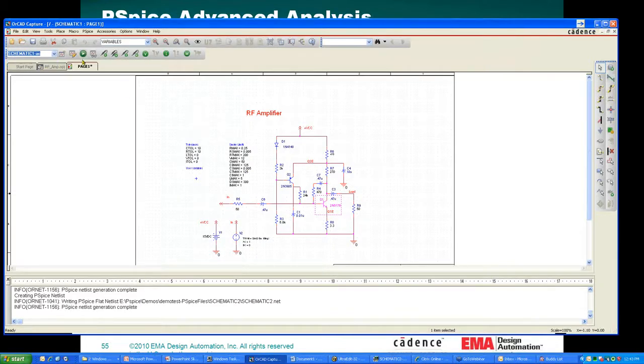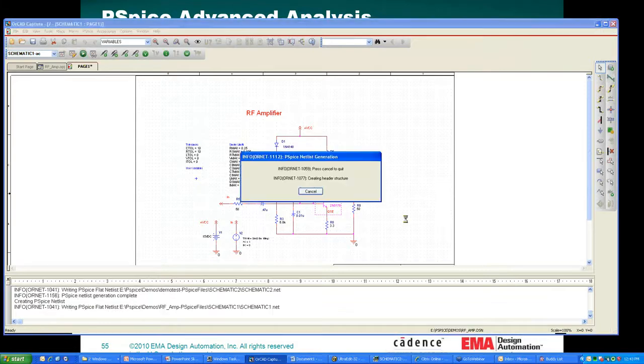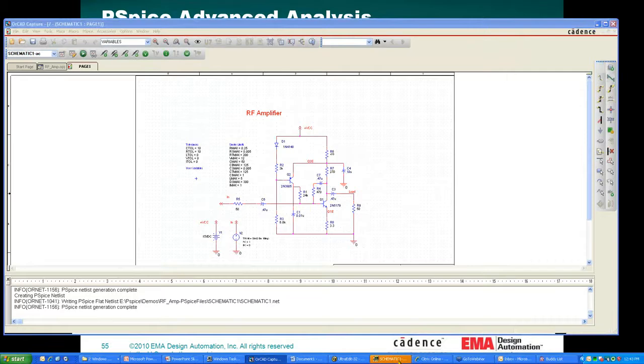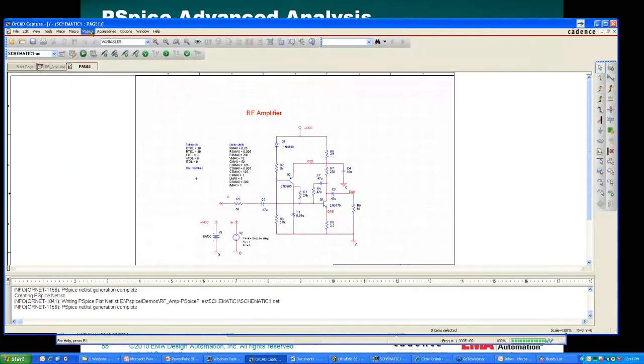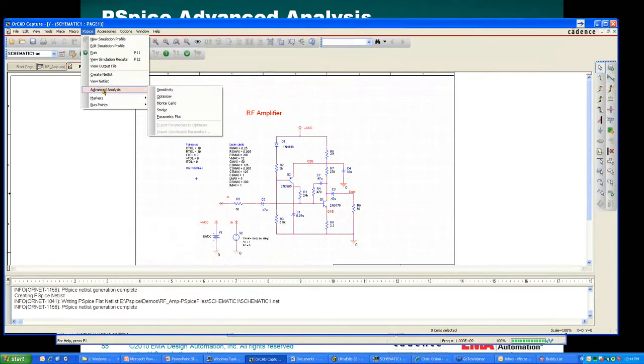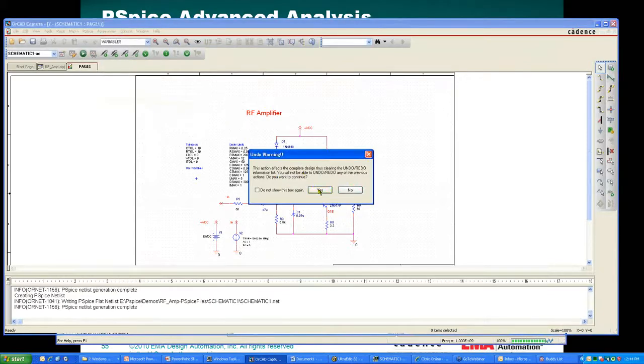Okay, so I'm going to do an AC analysis first on this, so I have to run a baseline simulation. So we'll just go ahead and run with that. So I've got some noise parameters basically plotted here, and these will come into effect in a minute. So basically we'll put this down as a base simulation, and then what I want to do is go launch the smoke tool. So I can come over here back to my PSpice Advanced Analysis tab, and you can see all the tools that are available here in the Advanced Analysis package. I'm going to launch the smoke tool,